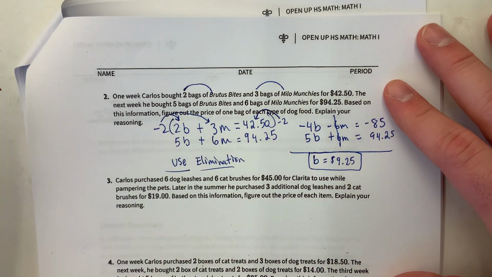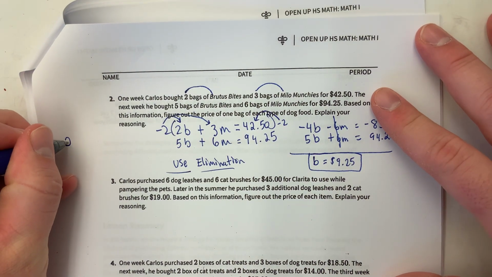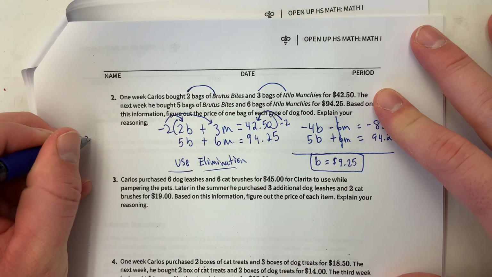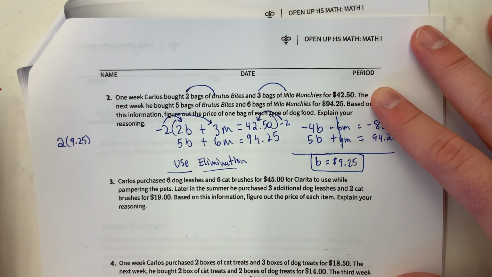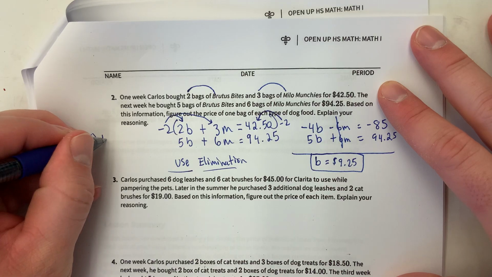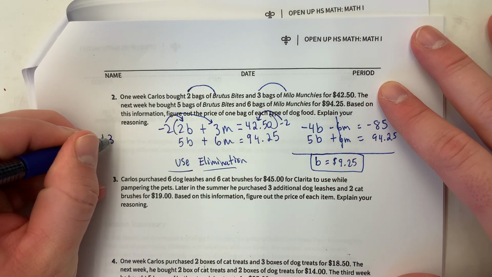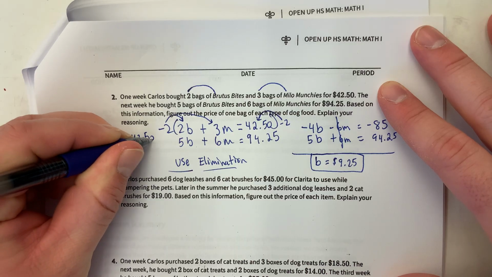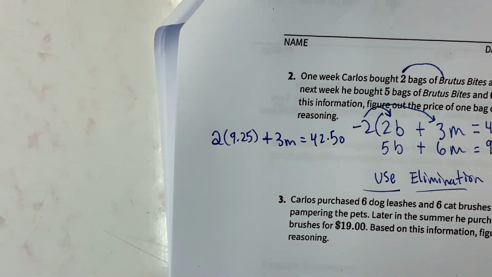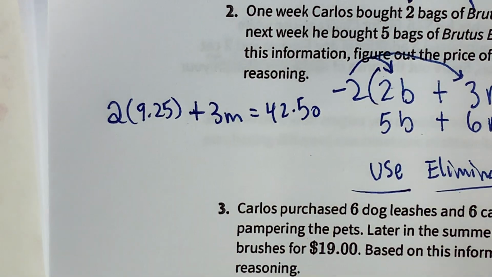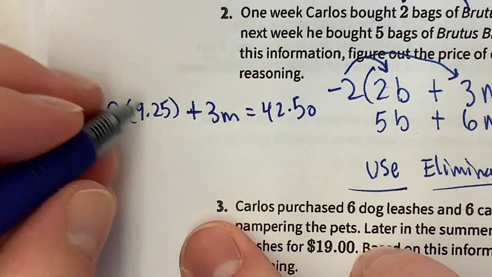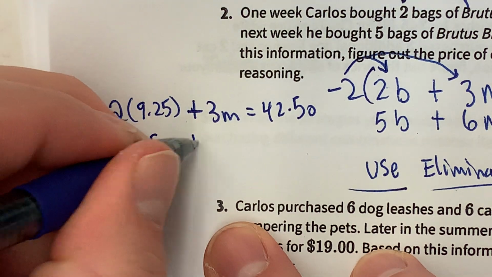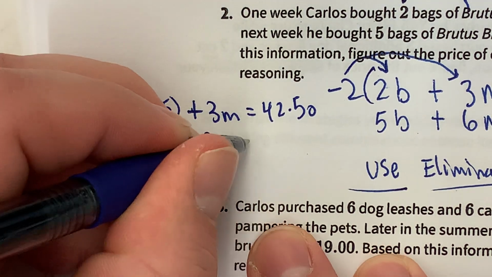So that means I'm going to do 2 times the Brutus Bites, which is $9.25, I'm going to add 3m equals 42.50. So I'll zoom in on that. That's the top equation with my 9.25. All right, 2 times 9.25 is 18.50 plus 3m equals